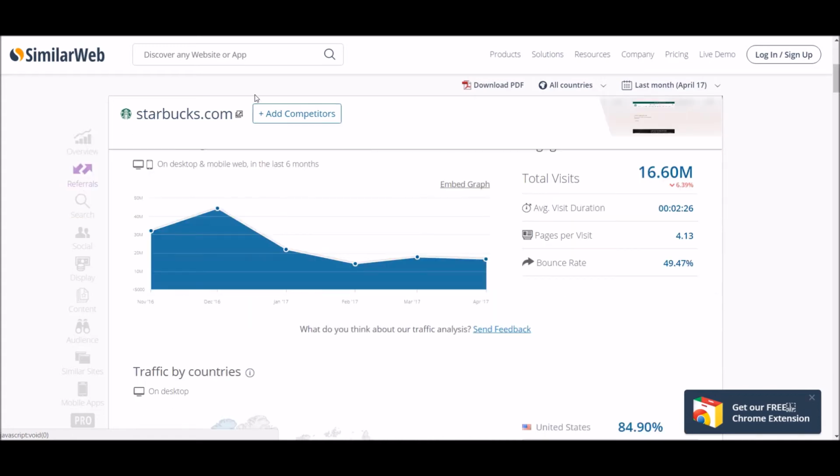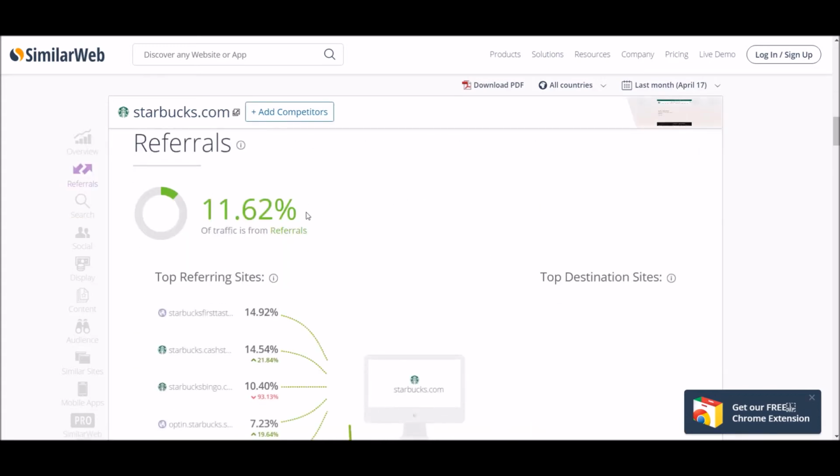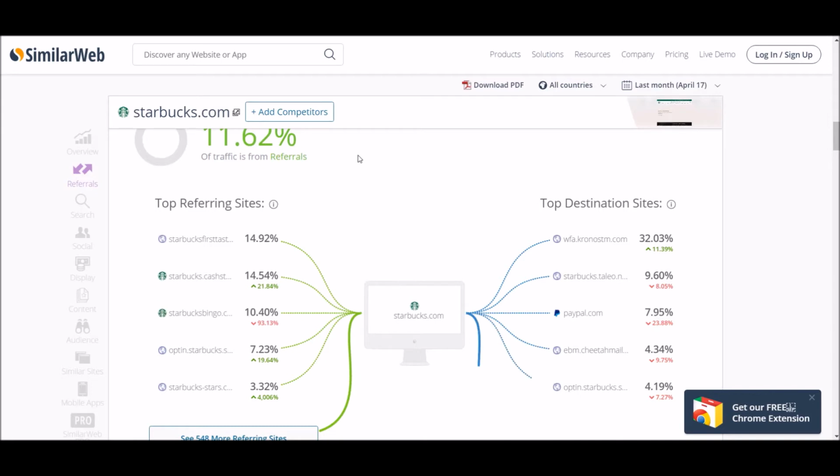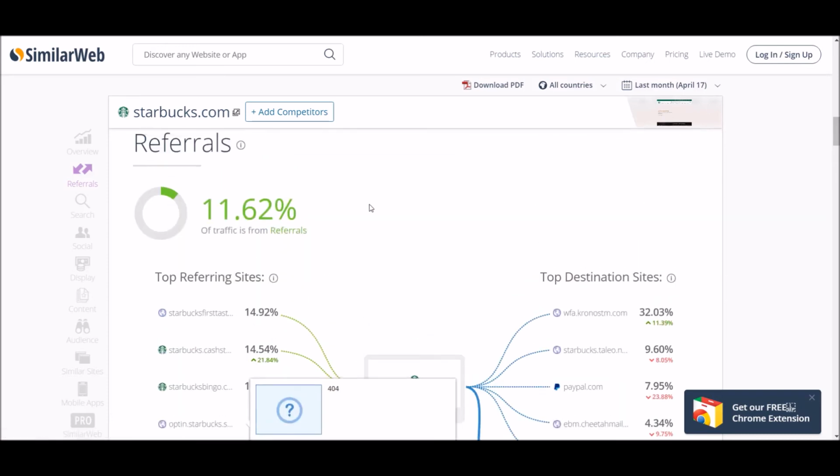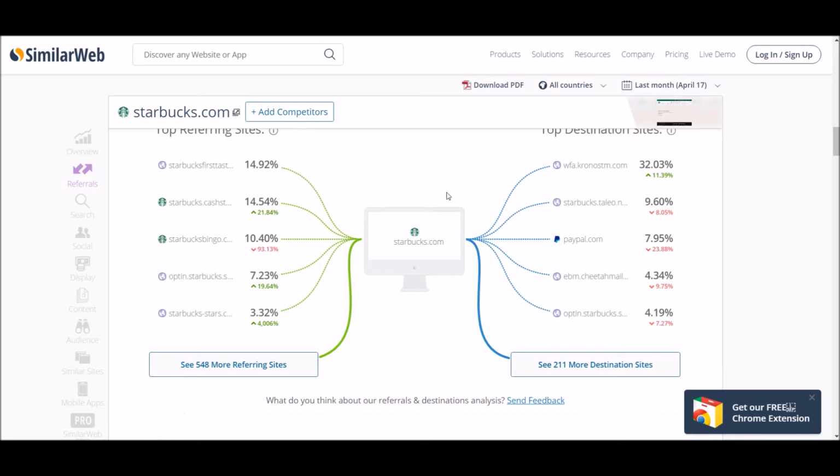Anyways, what we want to look at here is referrals. This shows us, when you're as big as Starbucks, you don't get much insight from it. Anyways, everything's coming from a type of Starbucks site. So this is pretty much worthless. We could try to follow some of these, but again, not much. What you'll find here is that